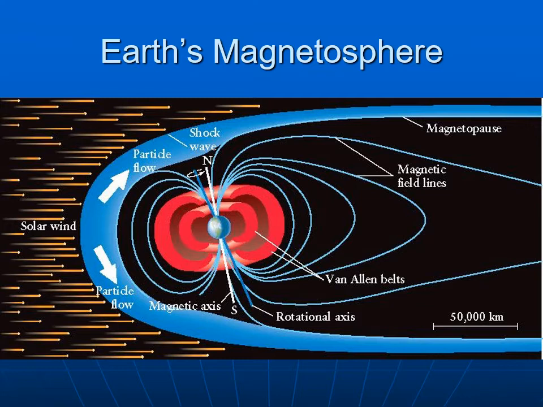We'll talk more about that later, but the thing is that what can happen is that solar wind, which is particles streaming from the sun, can impact the Earth's magnetic field. Now, the Earth's magnetic field dominates space in a region near the Earth that we call the magnetosphere. So Earth's magnetosphere extends quite a ways out, and the Van Allen belts are part of that magnetosphere.